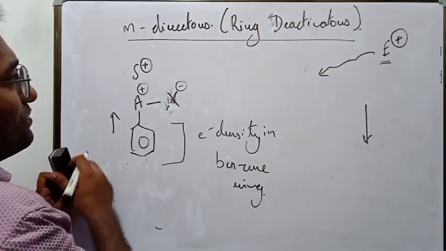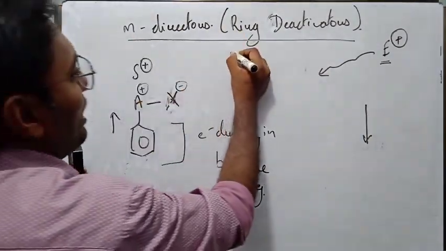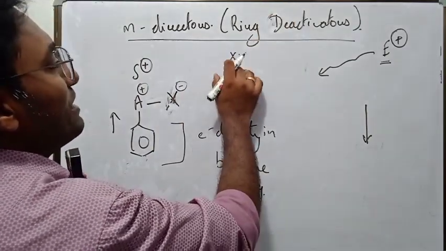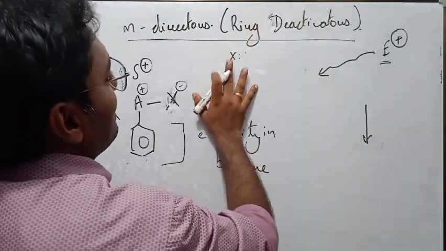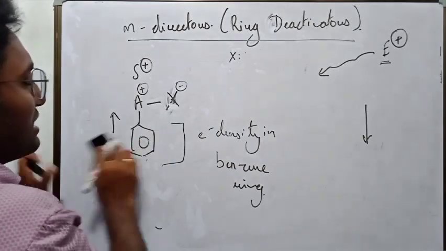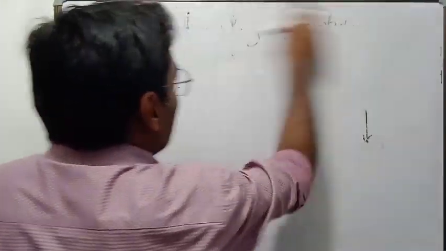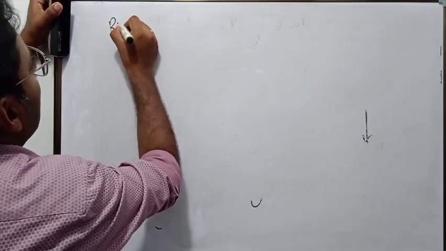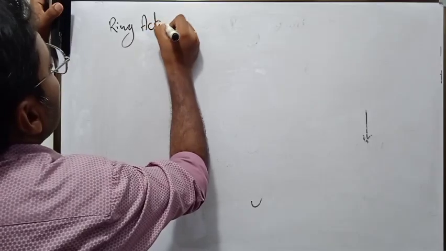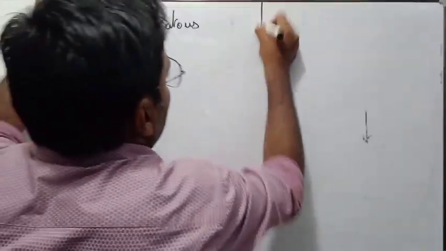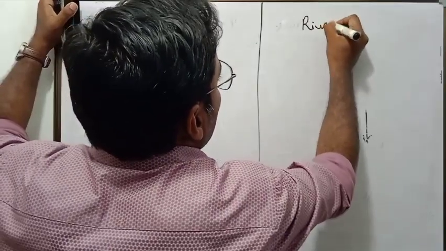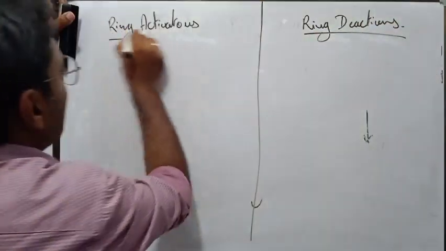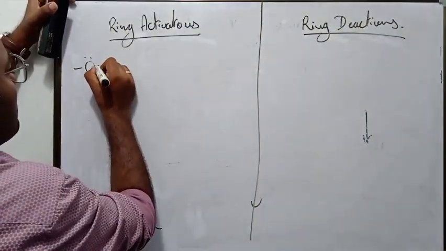So the exception here is the halogen atom, which is an orthopara director, but still it is a ring deactivator. We have explained why halogen atom is a ring deactivator, because of inductive effect. So now let us see the examples of activators and deactivators. Ring activators and ring deactivators. So whatever you have written for orthopara directors, you can write here in ring activators. Write this one,